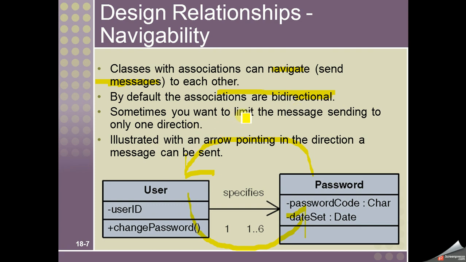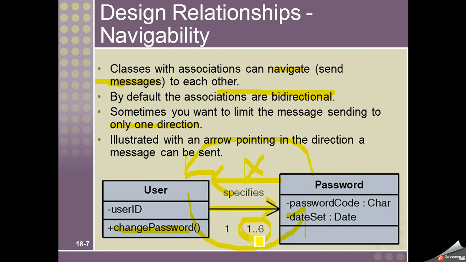However, sometimes you want to limit the message sending to only one direction. It is illustrated with an arrow pointing in the direction a message can be sent. Like here we are saying that a message can be sent from user to the password class, not the other way around. A password class cannot send a message back to the user class, but a user passes to this set password class. So the scenario over here is that a user calls the change password method with the user ID, and then